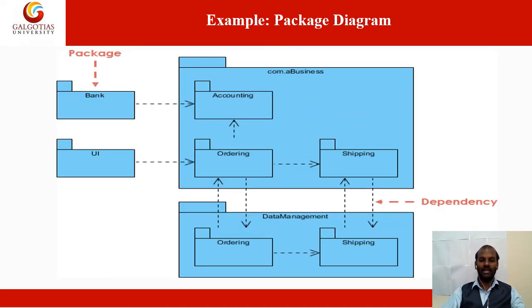And coming to the package diagram, in the previous session we discussed one or two packages, but here a package means a rectangular box with one small tab at the left topmost corner. Inside every package they mention the package name. So bank is one package name, UI, that is the user interface, is another package name. Now coming to business, they mention one particular name, and inside the business they put the different class names coming over here. Accounts department may be one class, ordering is another class, and shipping is another class.